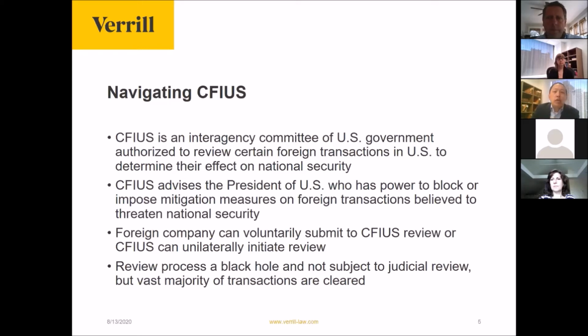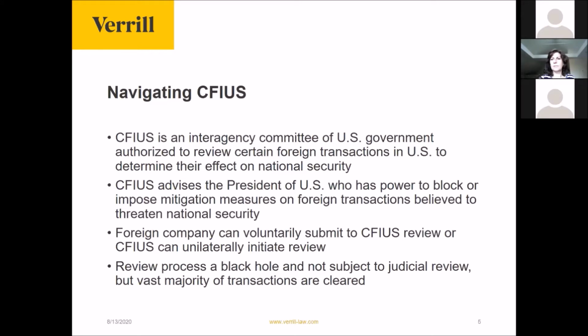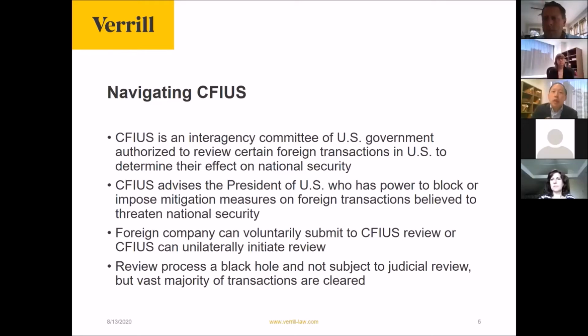The general rule is that a foreign company can voluntarily submit to CFIUS review, or CFIUS can unilaterally initiate a review, with one exception that I'll talk about in a bit. But one important thing to note is that there's no statute of limitations for a CFIUS review. So CFIUS can basically initiate a review of a transaction at any time. So that's an important calculus. Do you initiate a review now so there are no surprises, and so you don't commit significant capital, resources and time without knowing the potential fate of the company, or do you take a chance and just assume that this is something that CFIUS won't sniff at?